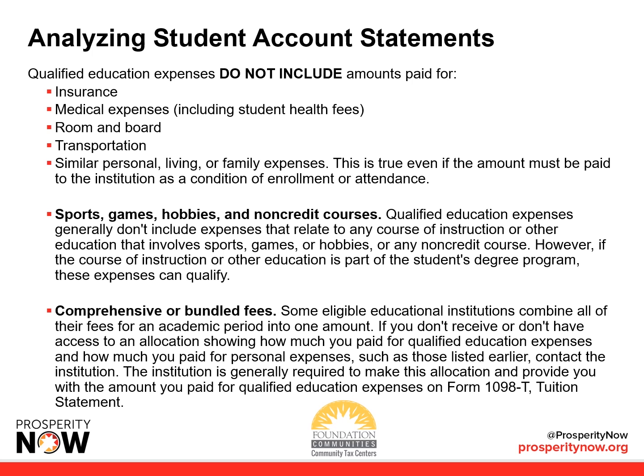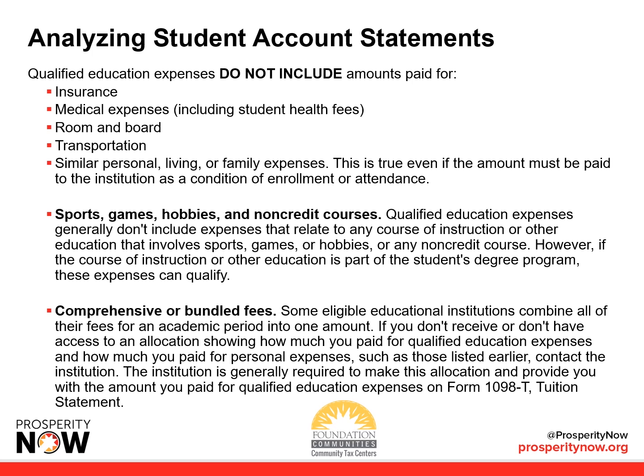For comprehensive or bundled fees, some eligible educational institutions combine all of their fees for an academic period into one amount. If you don't receive or don't have access to an allocation showing you how much you paid for qualified education expenses and how much you paid for personal expenses, such as those listed previously, contact the institution. The institution is generally required to make this allocation and provide you with the amount you paid for qualified education